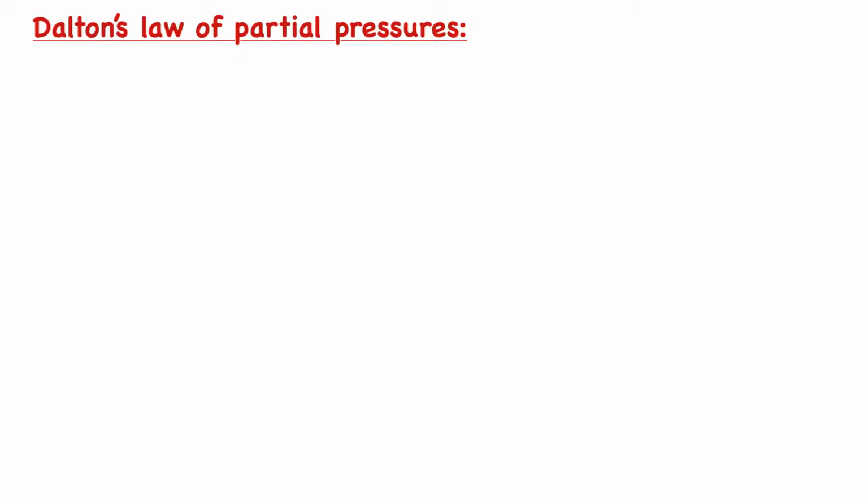So far, we have been discussing how the measurable properties of a gas, such as pressure, volume, temperature, and number of moles, are dependent on each other for an individual sample of a gas. But most of the times, when we do experiments in the lab, we deal with situations where we have a mixture of two or more gases. So, it is important to learn how a mixture of gases behaves.